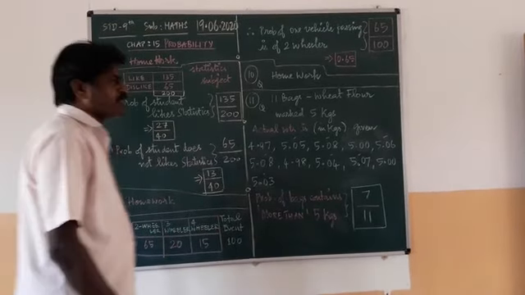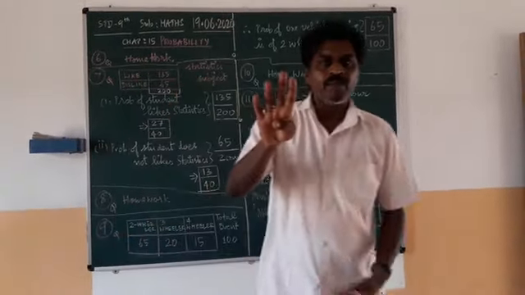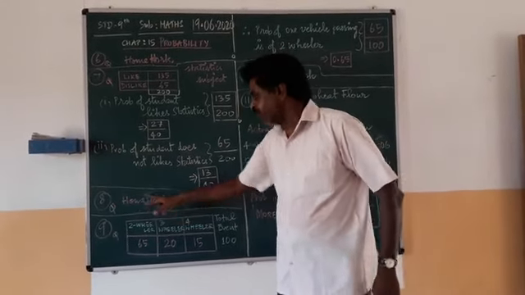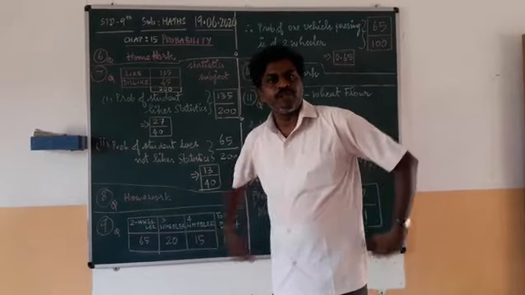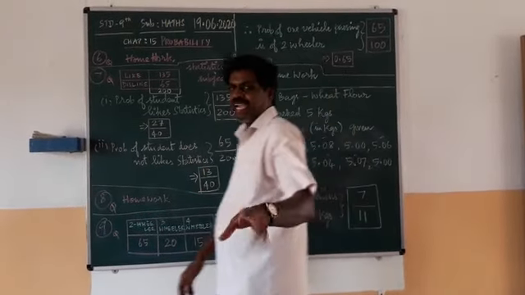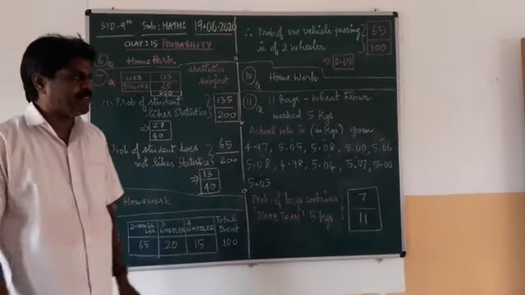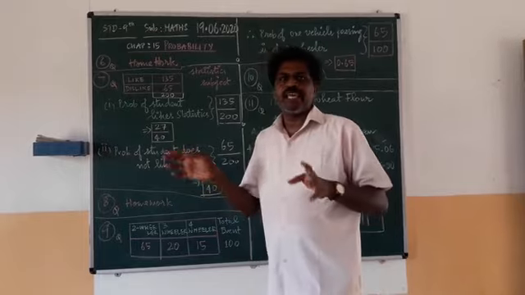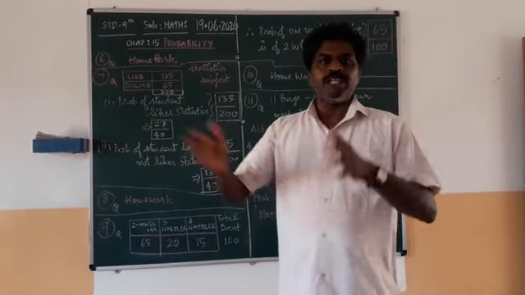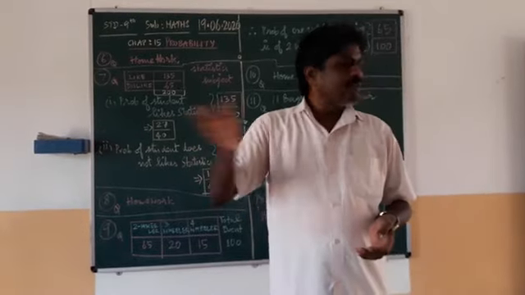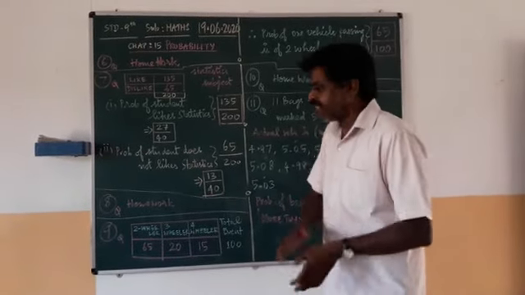The 8th question is also based on an example problem in the 14th chapter, and you have to try that one with the help of your calculation method. The 8th question you write as homework. And the 9th question you will do. It is an activity problem. In the activity, you are sitting in your house and noticing on the road how many two-wheelers, three-wheelers and four-wheelers cross your gate.